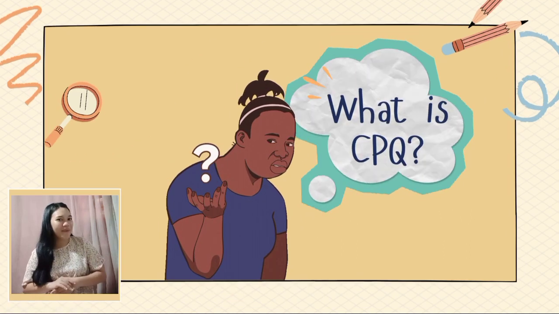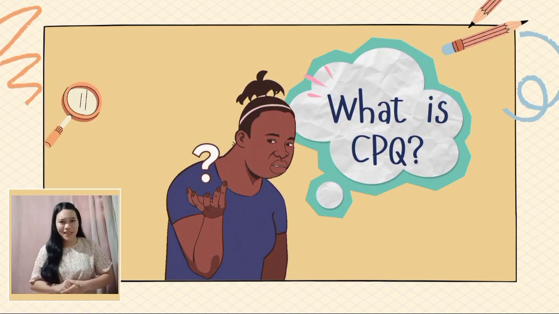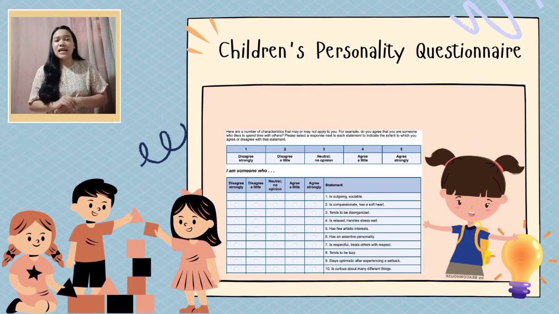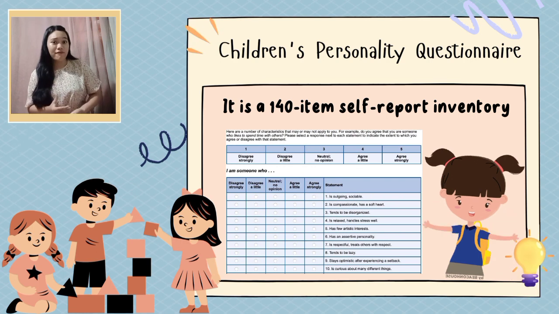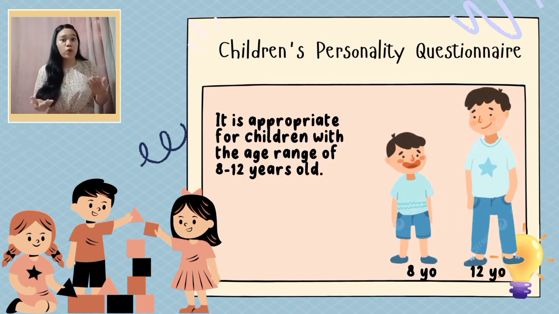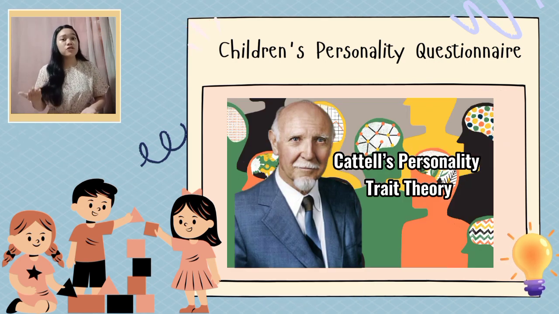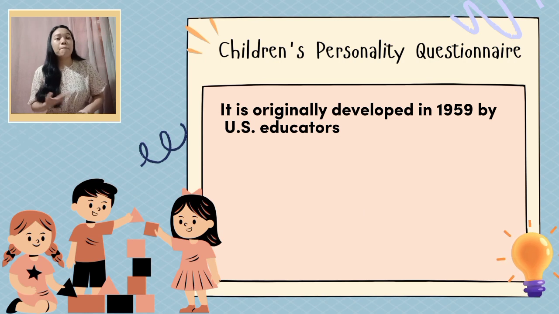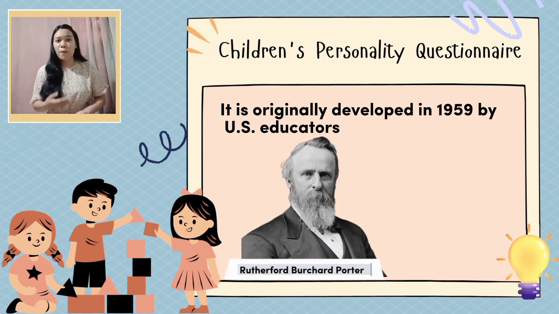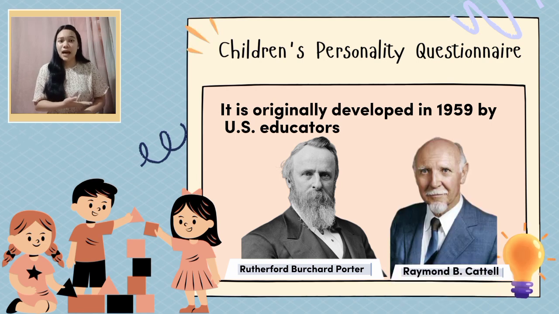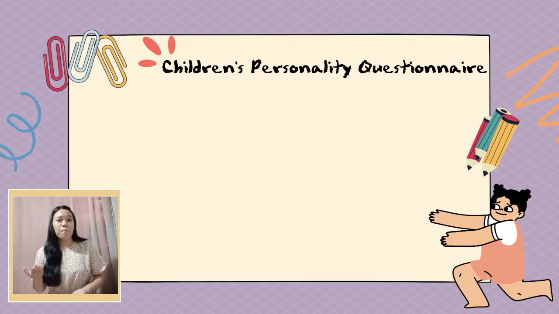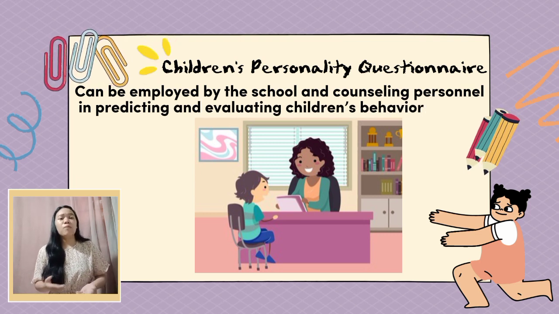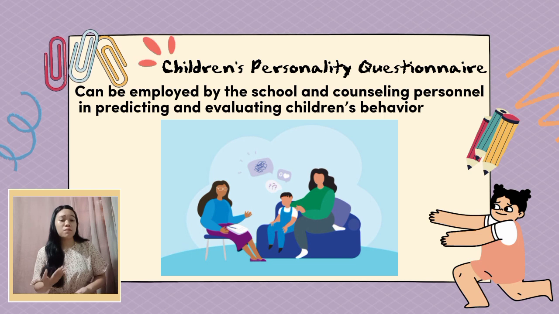So let us begin by understanding what is CPQ. CPQ is an abbreviation for Children's Personality Questionnaire. It is a 140-item self-report inventory for children ages 8 to 12 years old that is based on Cattell's personality trait theory, and it was originally developed in 1959 by U.S. educator Rutherford Borchardt Porter and Raymond B. Cattell. The Children's Personality Questionnaire can be employed by school and counseling personnel in predicting and evaluating children's behavior, and